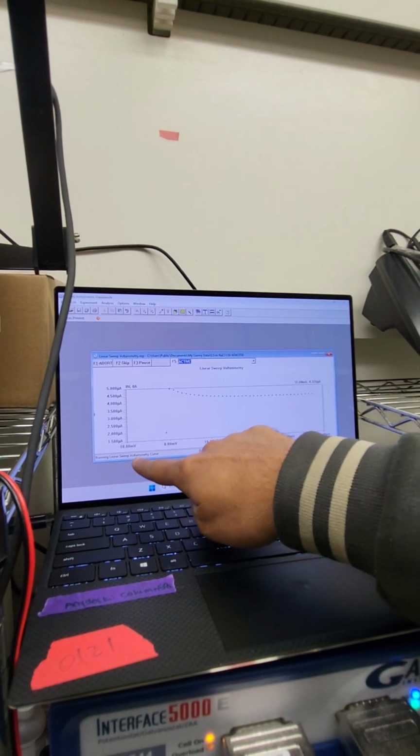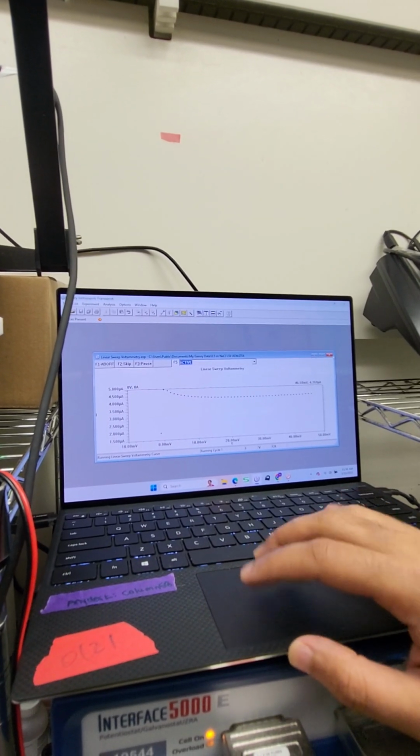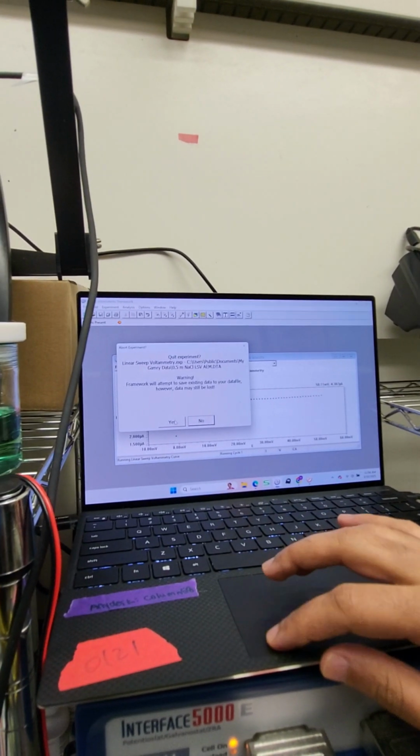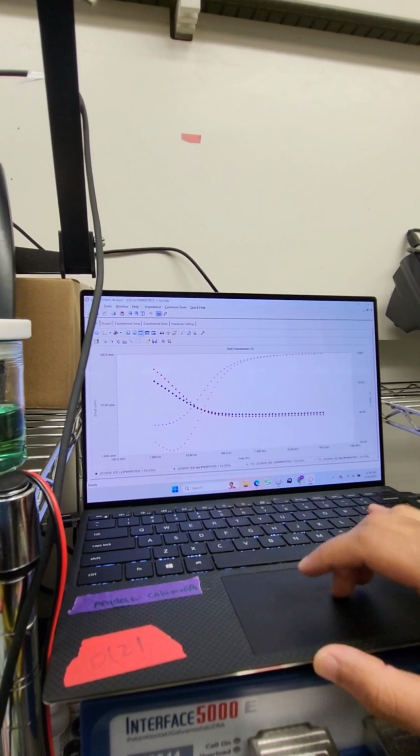Once it's finished, it will show here "curve done," and then you need to save. Just cross it and click yes. Once it says curve done and it has saved the data, you need to